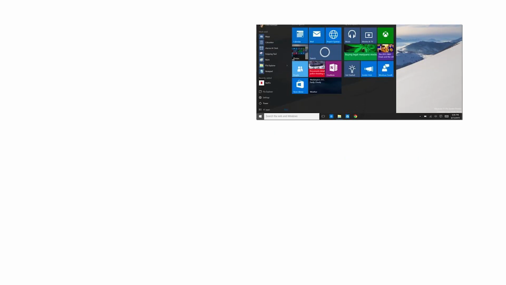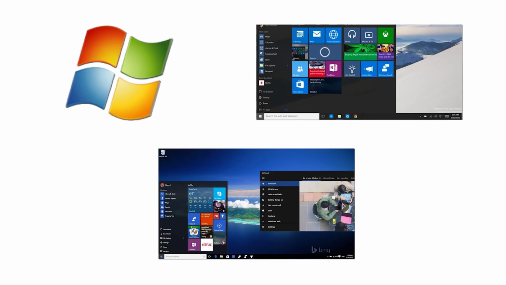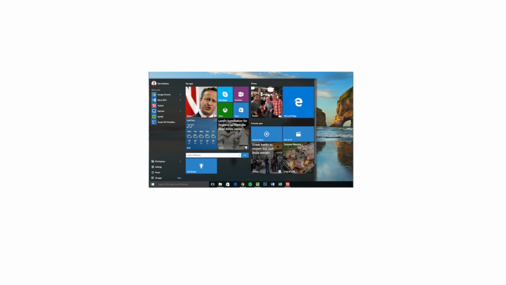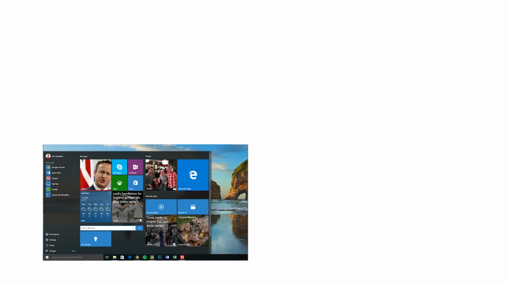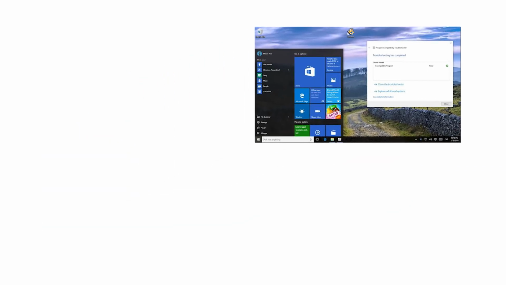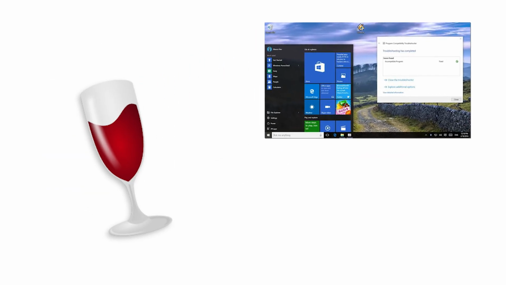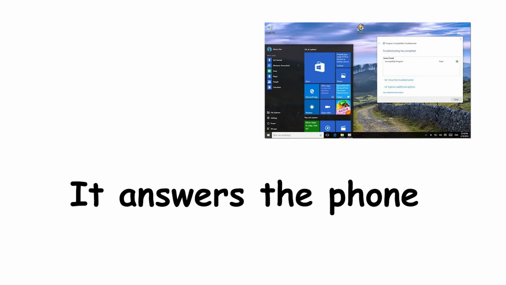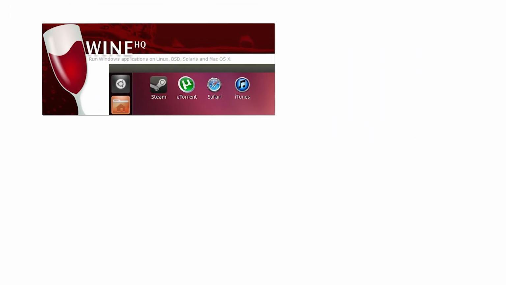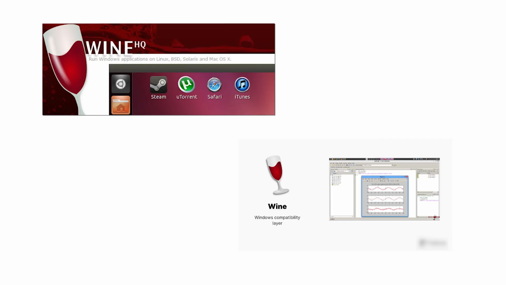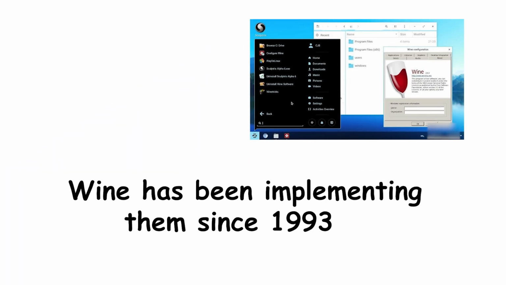In that case, open. The program gets back exactly the kind of answer Windows would have given. It never learns anything changed. That is the whole trick. Wine does not emulate a machine. It answers the phone.